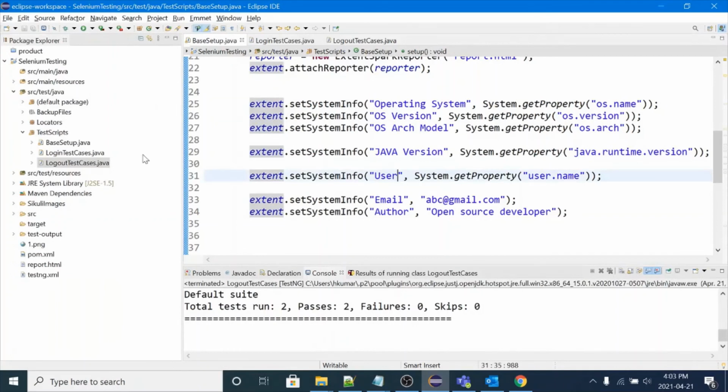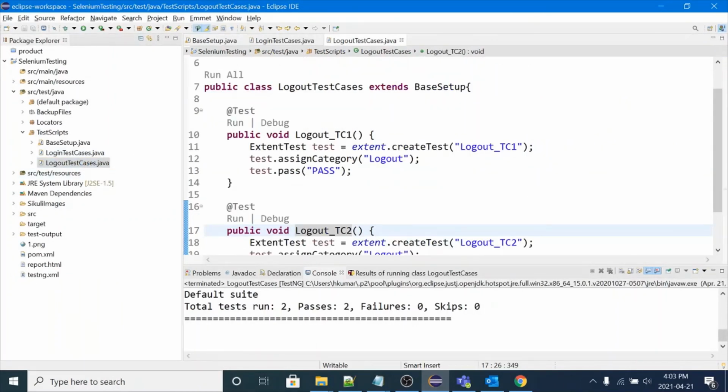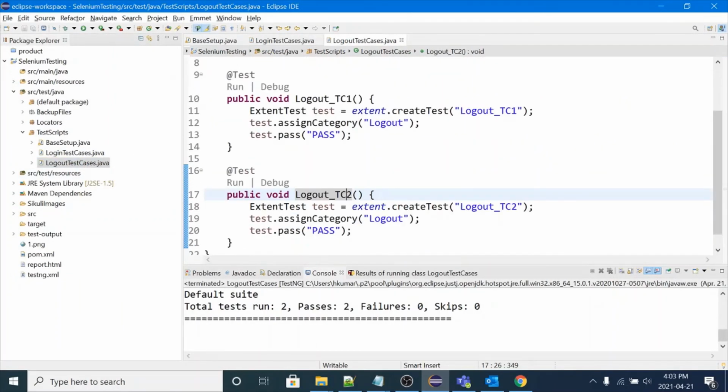In the last video we have seen how to add a test to your extent report. We created the extent object and added createTest, and we added logs to that test. But let's suppose you have to remove some test from your extent report, maybe in AfterSuite or anywhere.